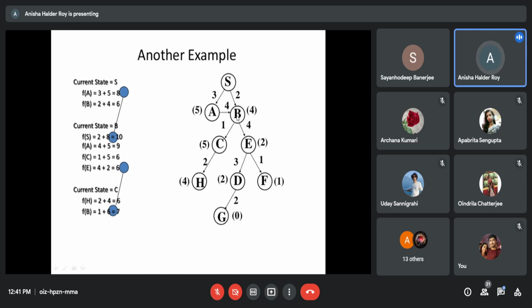So when it sees that B has the lowest value 6, it will explore all the current successors and the previous successors of B. So it will not only follow the forward direction of B's arrows, but the backward direction also.